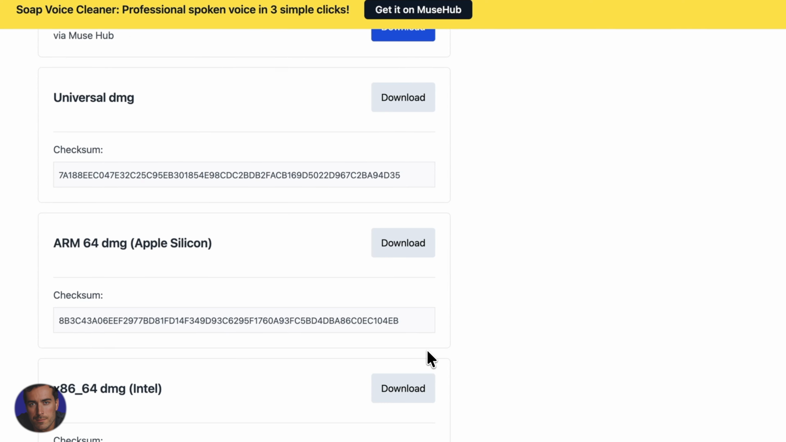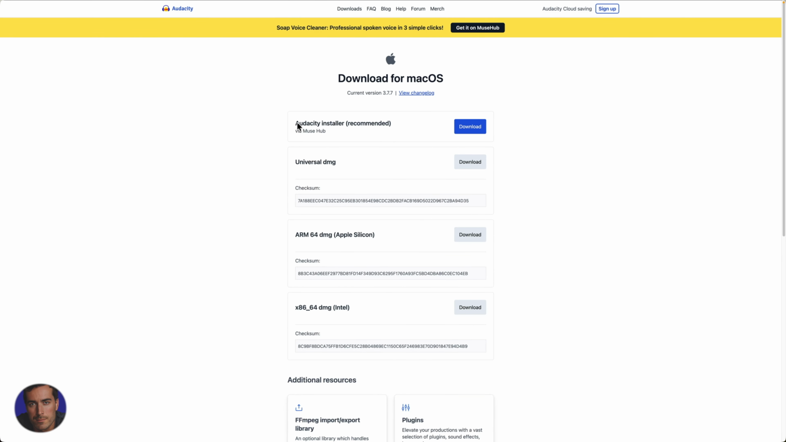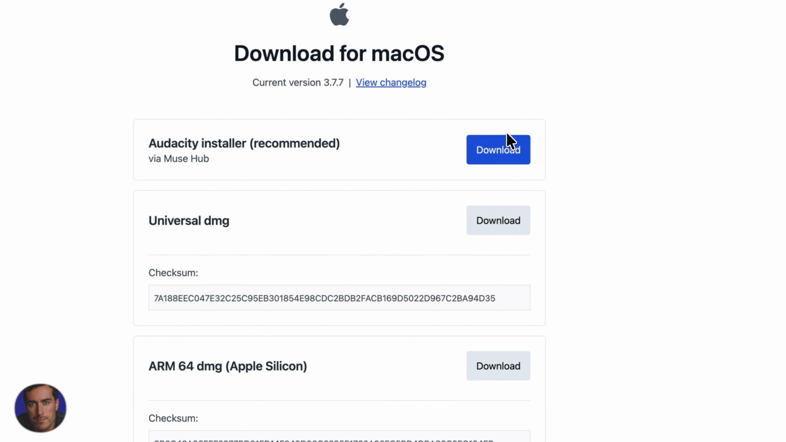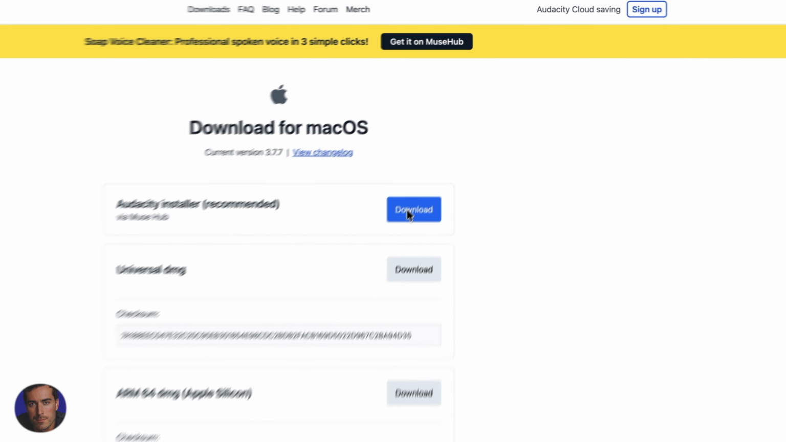Now we have a whole load of options right here, so we can go with the Audacity installer, so this is recommended, but if you specifically want the universal DMG, the ARM64, or this x86-64 DMG for the Intel chips, you can go with that one. This is for the Apple Silicon, which is actually what I've got, but we're just going to go with a straightforward option. In this case, we're just going to go with the recommended, the Audacity installer, so we click